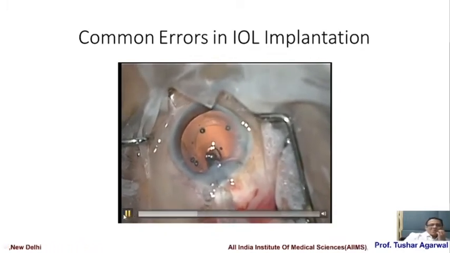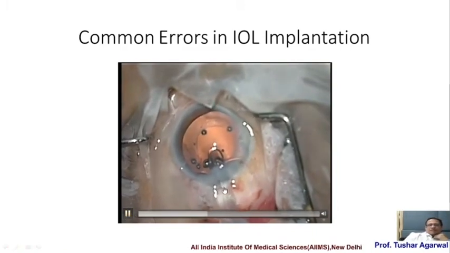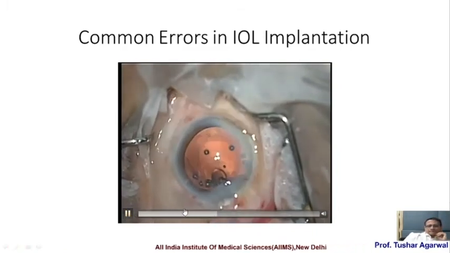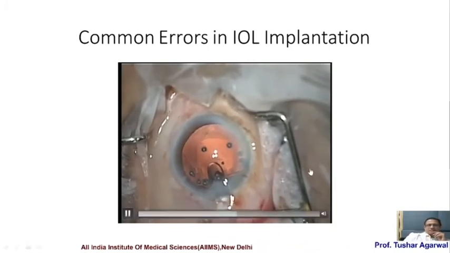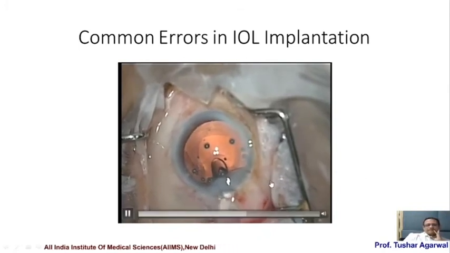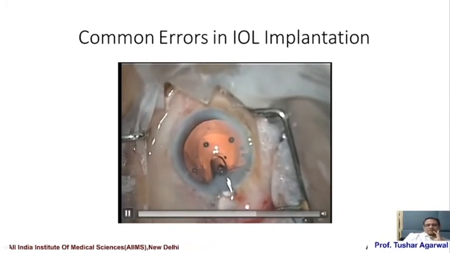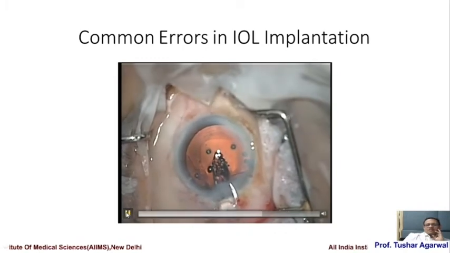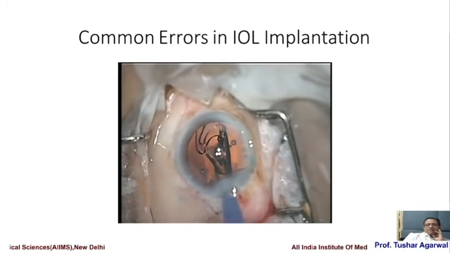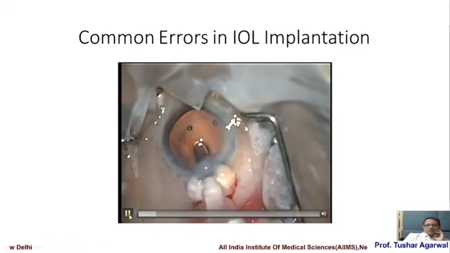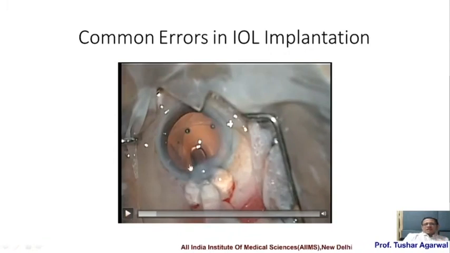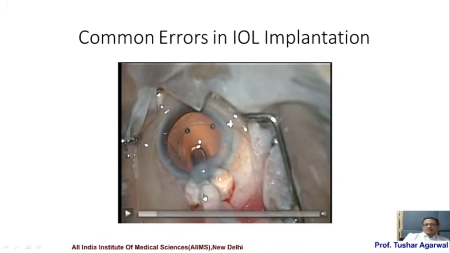So what is the reason for this? You'll find, if you have observed carefully, let us see this once till the end and then we'll take it again. One might be thinking that there is a problem in the injector or something, but eventually it will go in. The error which happened in this case was that the IOL was too far out in the cartridge. The IOL needed to be here at the tip of the cartridge, but the IOL was right behind at the very back of the cartridge, and this entire cartridge is filled with viscoelastic.